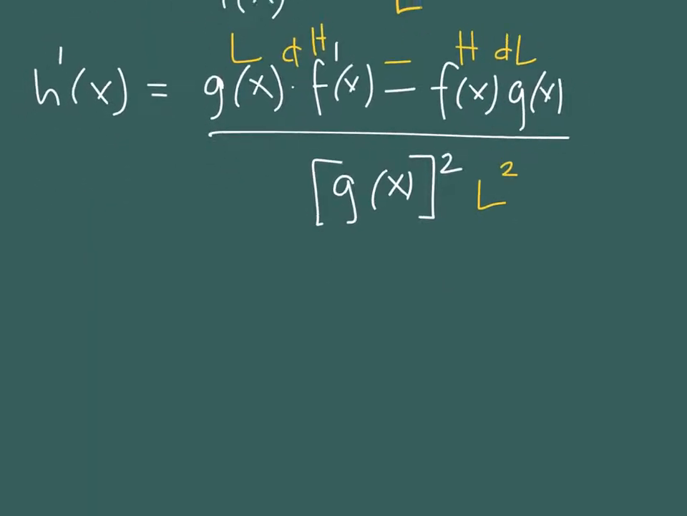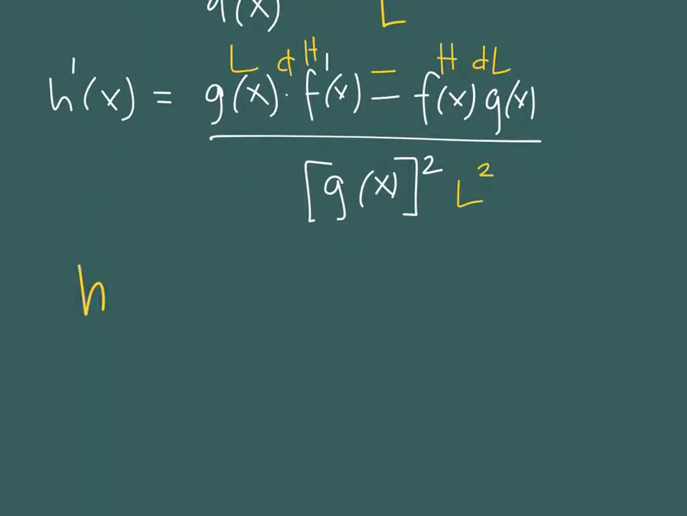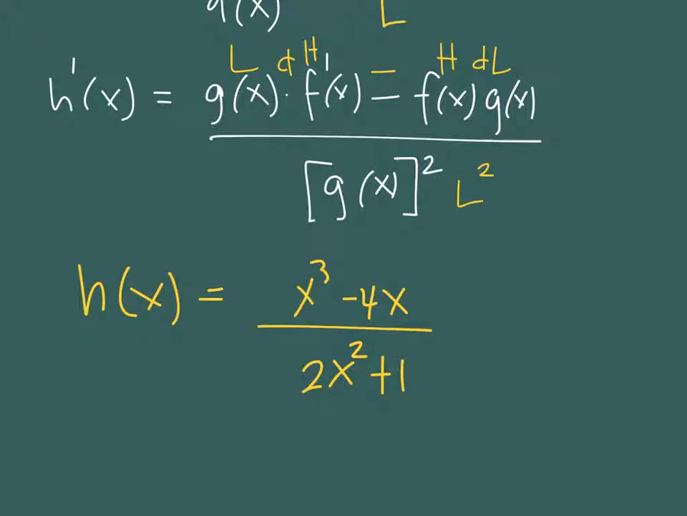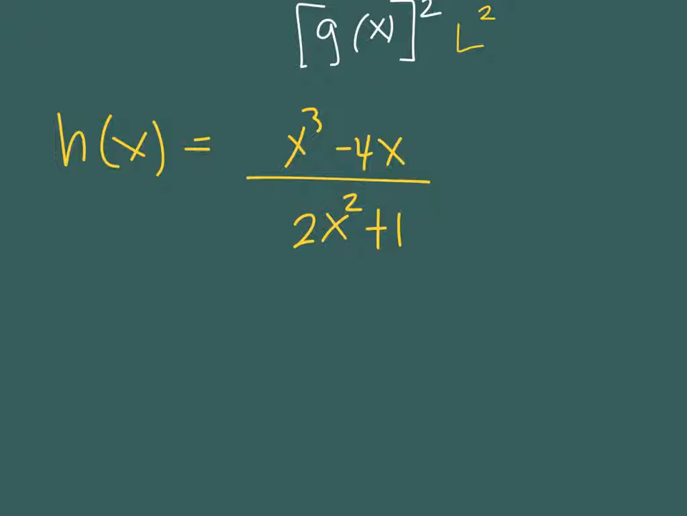Suppose we have h of x is equal to x cubed minus 4x divided by 2x squared plus 1. As we can see, it's a quotient, so we will be applying the quotient rule. So solution, always use proper signs. So h prime of x is